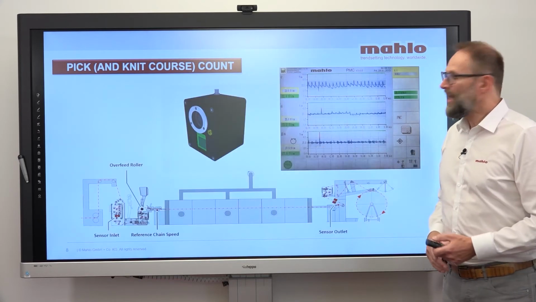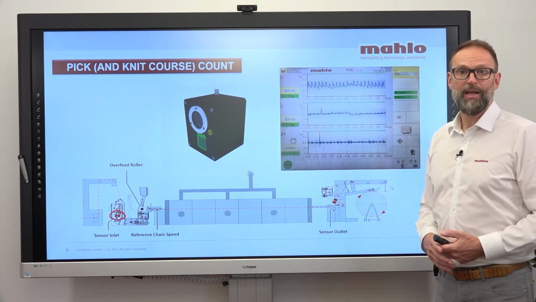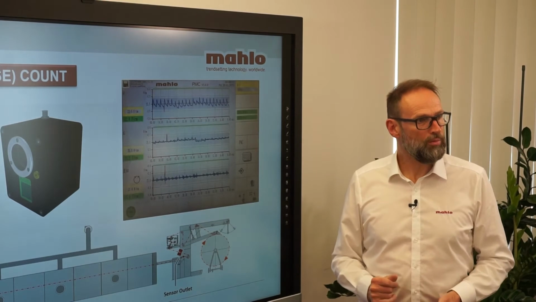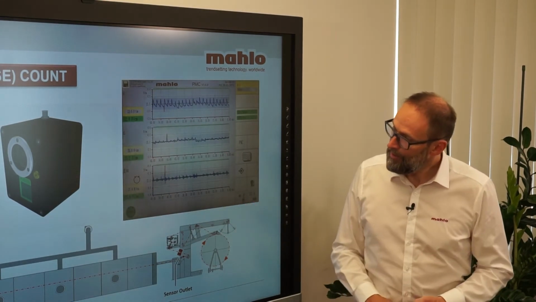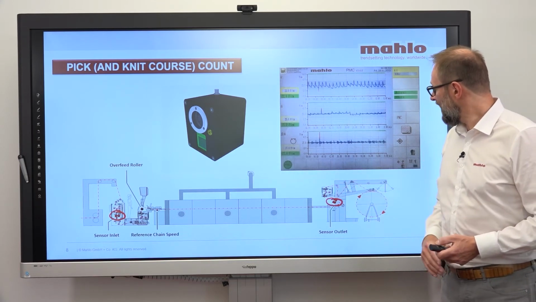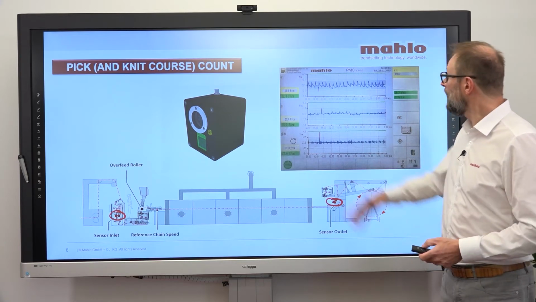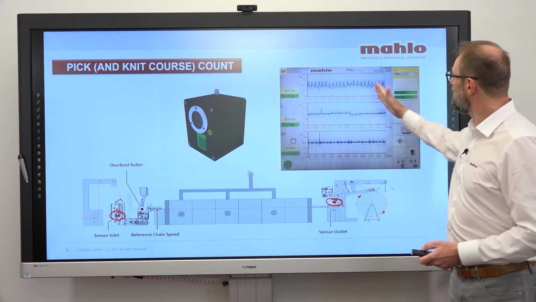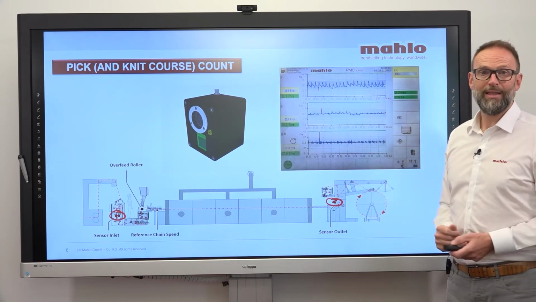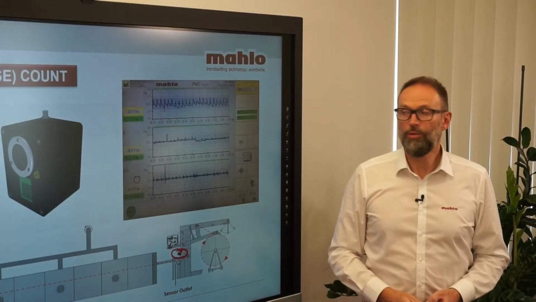So where do we put the different sensors? Perhaps the most important is at the inlet, where we have an intelligent forward control measurement, which is directly giving an input to the overfeed of the stentor. But then, of course, we also have one at the exit, because this is where we want to know what has happened. Here you can see clearly the different frequency of the fabric before, and this is after. You can see quite clearly that the difference is very, very even and very controlled.